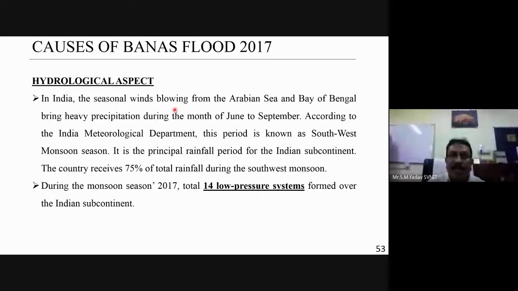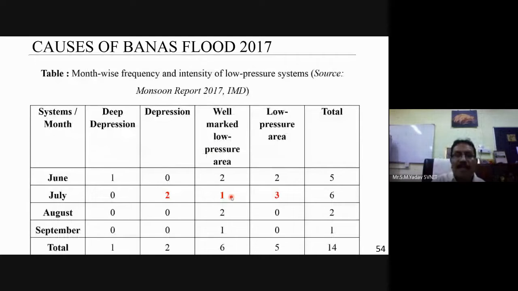So in India, the seasonal winds blowing from the Arabian Sea and Bay of Bengal bring heavy precipitation during the months of June to September. According to the Indian Meteorological Department, this period is known as the southwest monsoon season. It is the principal rainfall period for the Indian subcontinent, and the country receives 75% of total rainfall during the southwest monsoon. During the monsoon season of 2017, 14 low pressure systems formed over the Indian subcontinent, and that has resulted